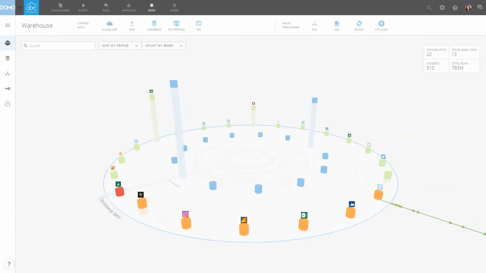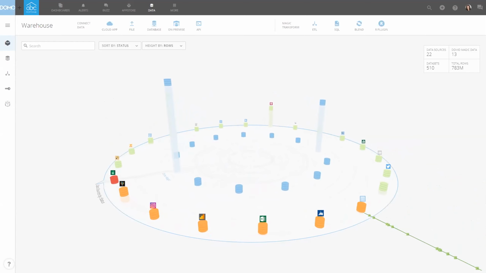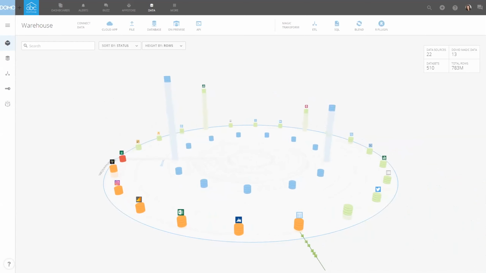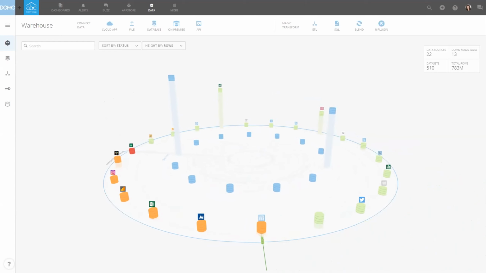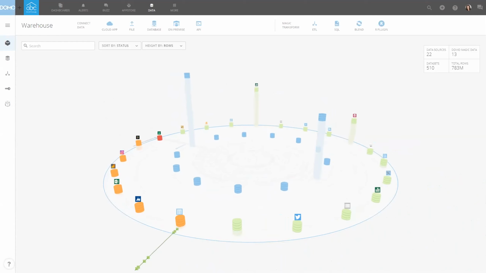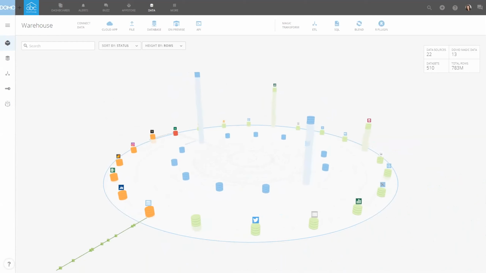We can just help you manage and create some strategy around that process, no matter where you are in your IT and data analytics path. The second thing that a data warehouse is going to allow you to do is bring together disparate data sources, really removing those silos from your data.